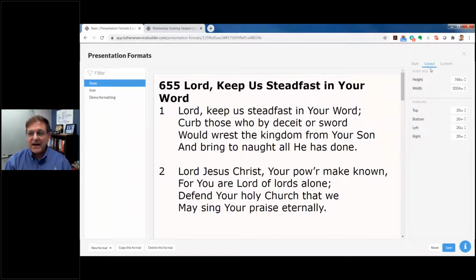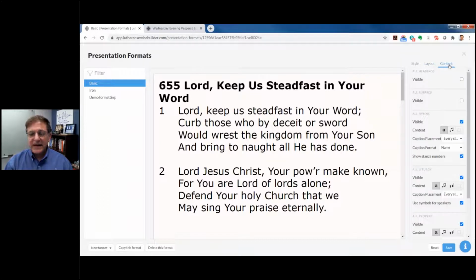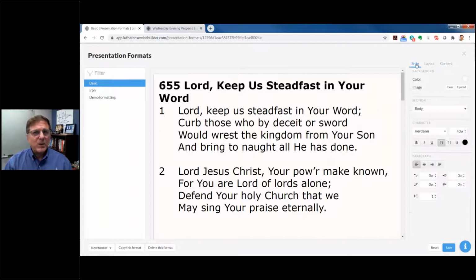My layout, how I want this sized, whether it's a 4:3 or the 16:9 type of option, 1024 by 768. I can change my margins, etc. I can, again, go back in and change some of the formatting. I'll leave all of this to you. Maybe one of these days we can do a webinar all on formatting, but a lot of this is pretty self-explanatory. And some of it is what your preferences are and what's going to be most